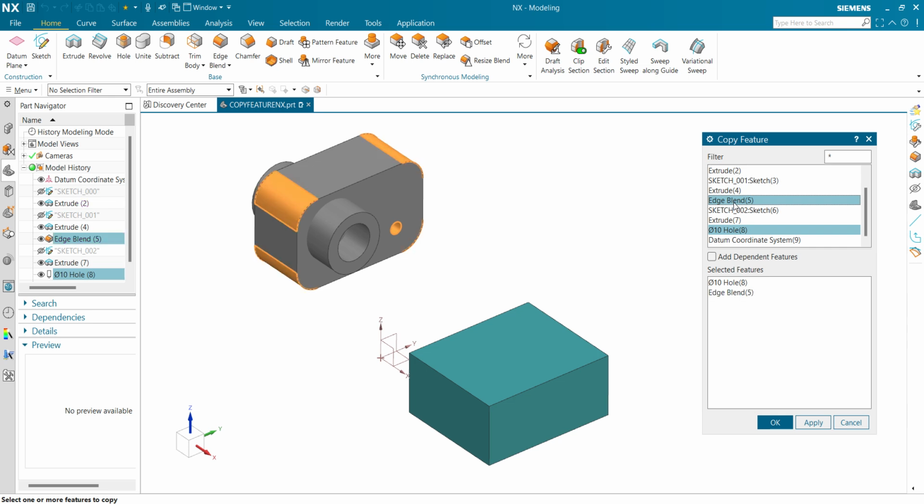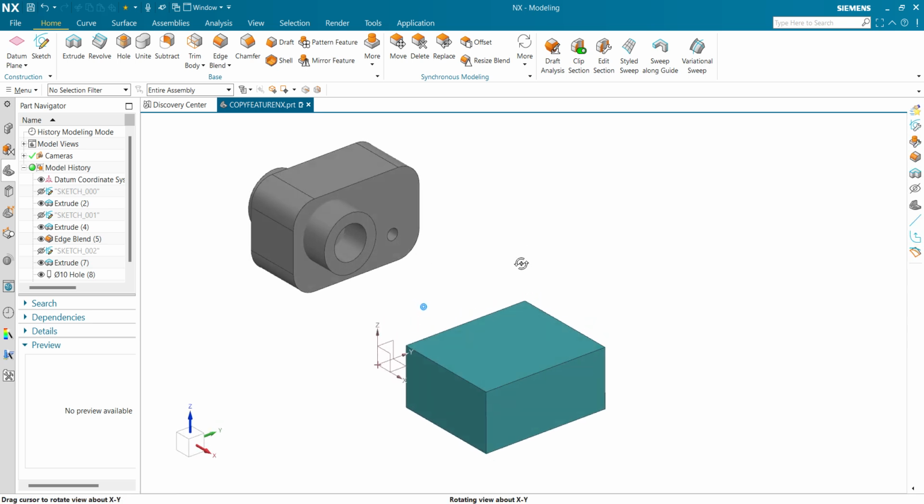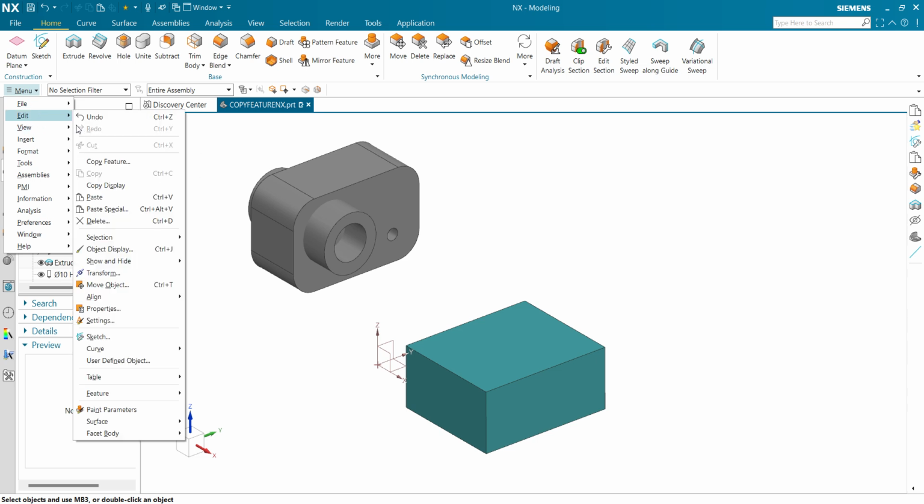For multiple selection, please make sure you press the Ctrl key on your keyboard, and now click on OK. So both features have been copied to our clipboard, and now go to menu, go to edit, and select